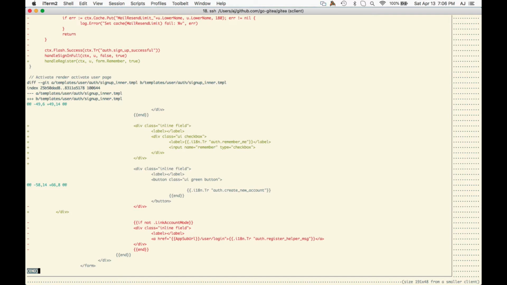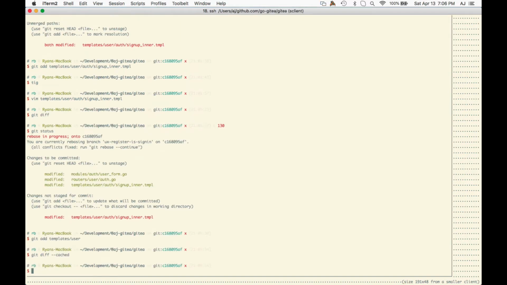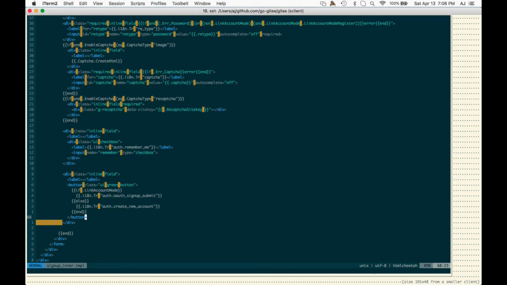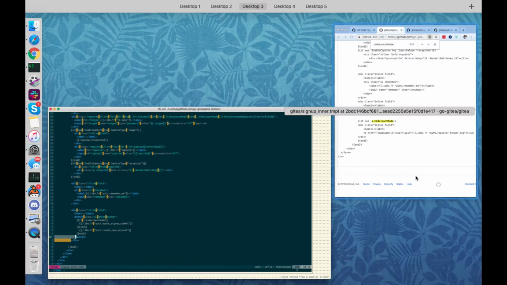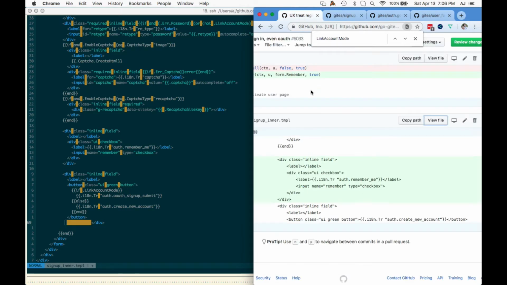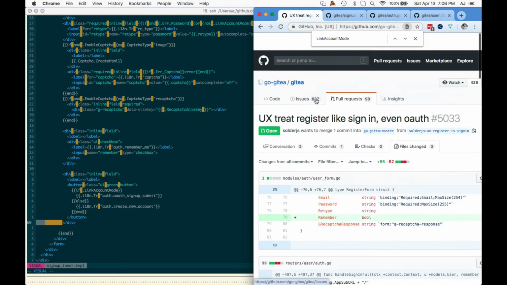Checkbox, remember me, create new account. It would be easier to read if I just fix that last div to use tabs instead of spaces. Go ahead, do it. Okay. Let's see which one it is. It's this one. And I'm going to take a look at that file in master right now because I think I'm getting a little confused between the two